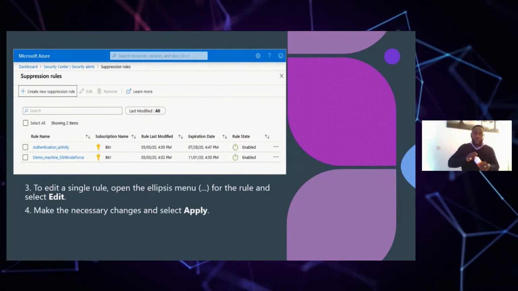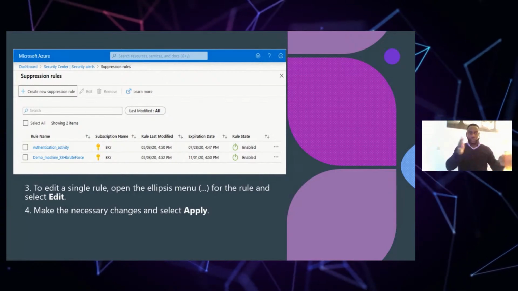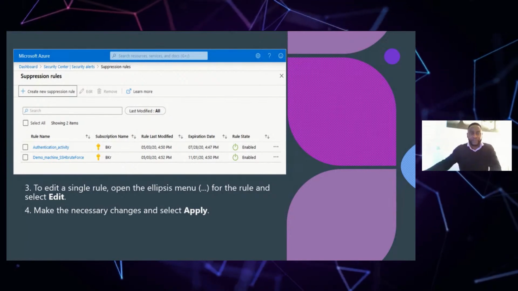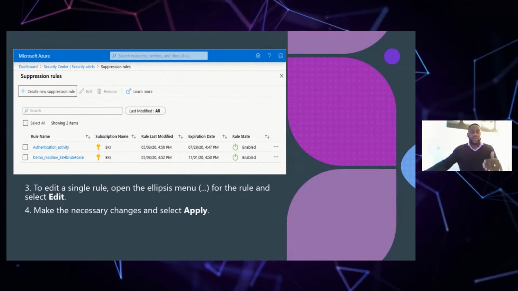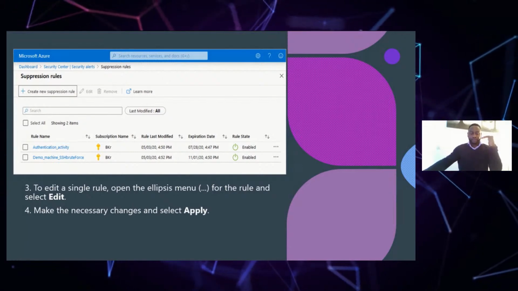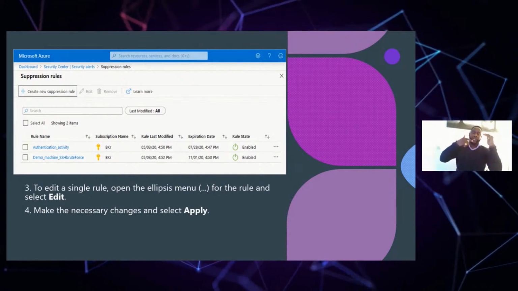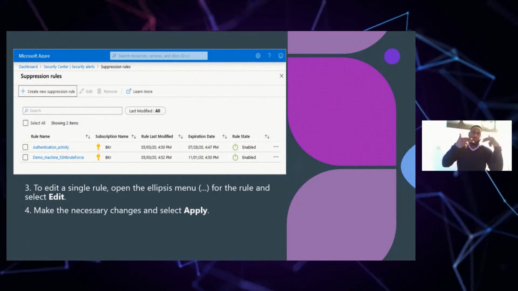And then the blade opens. So when the blade opens, you can now do the changes, modify what we need, and then save it again. Then the suppression rule will still stay intact and enabled. So what that does is, when Azure Security Center does this automation, as you know, the Azure portal